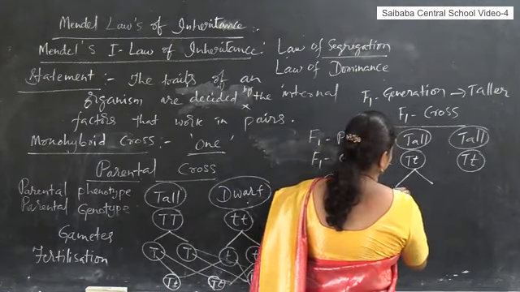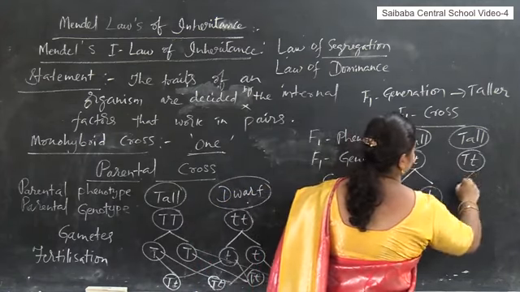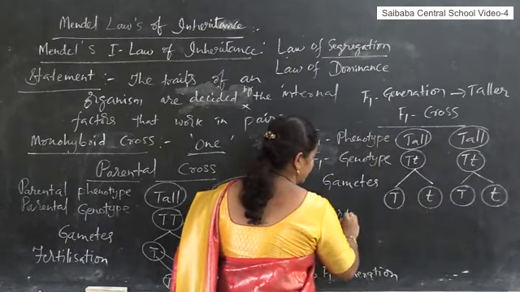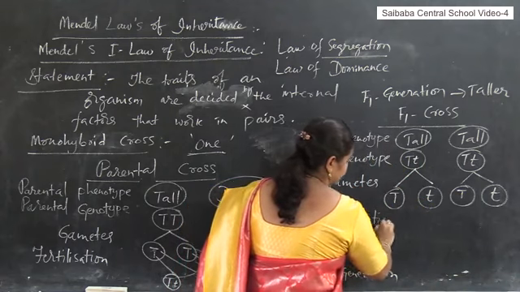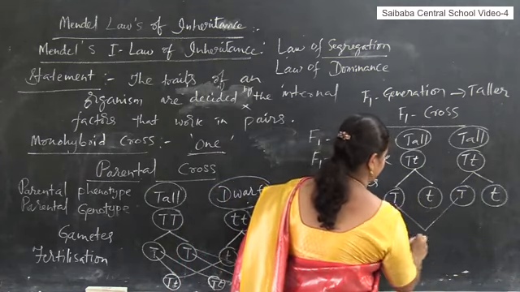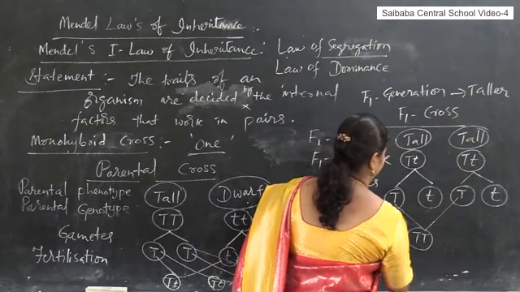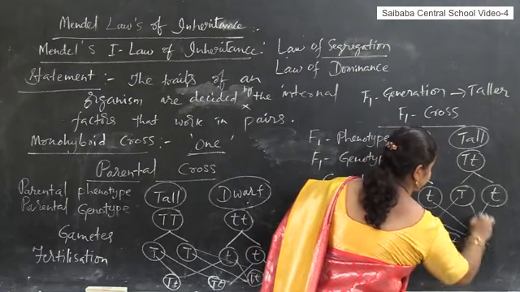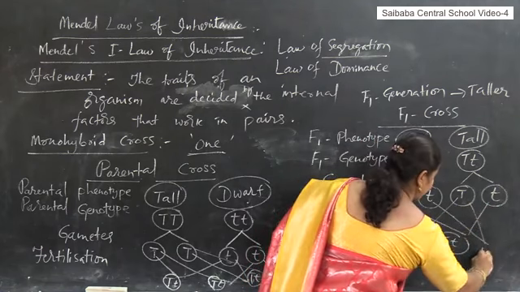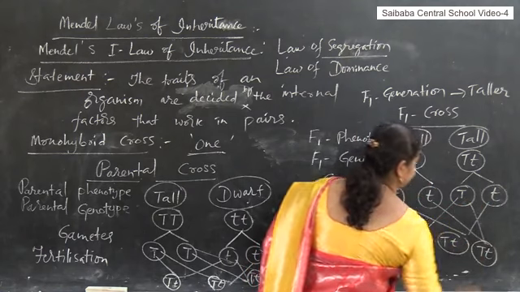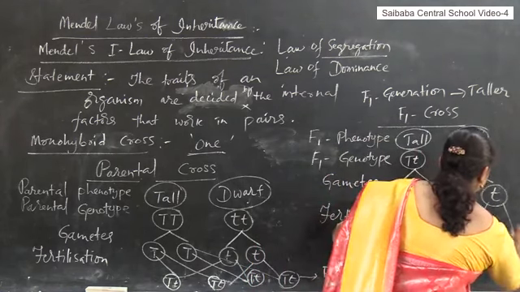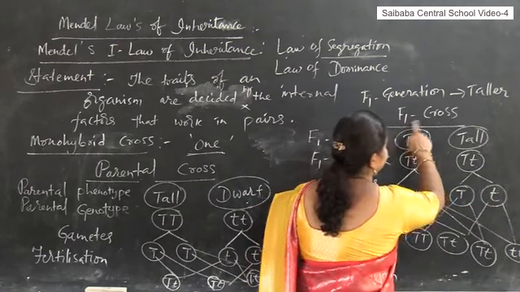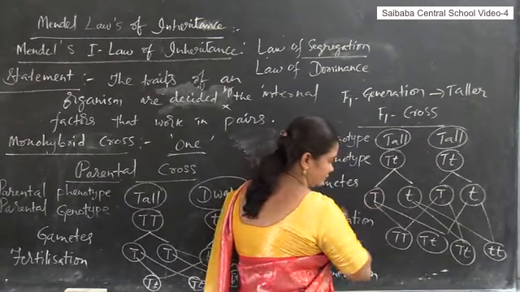So capital T, small t. Here also capital T, small t. Next step is what? Fertilization. Fusion of male and female gametes. Capital T, capital T, capital T, small t. Always we have to write the dominant first. Capital T, small t, small t, small t. So in the F1 generation, when he started the F1 cross, after finishing the F1 generation, we call